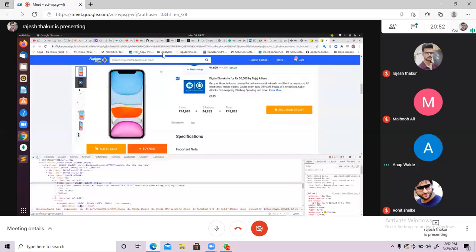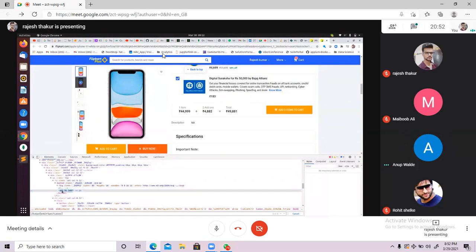And then the text function, and inside the button, what is the text? This is the text. Just copy this as the value. Are we able to identify, yes or no? Yes, we are able to identify. It's very simple. Can you guys do that?